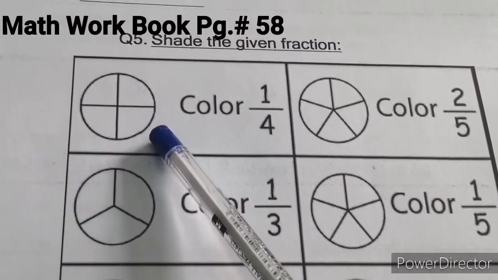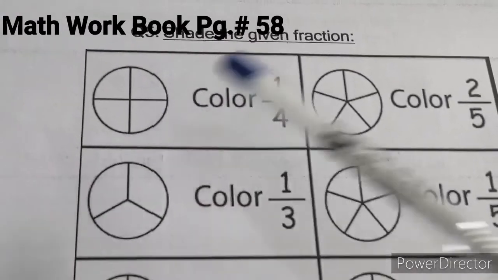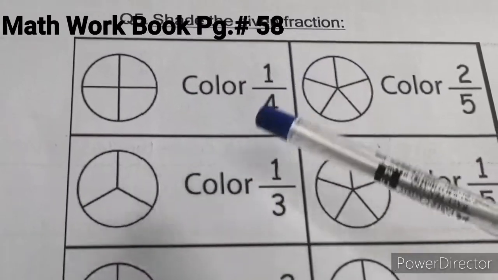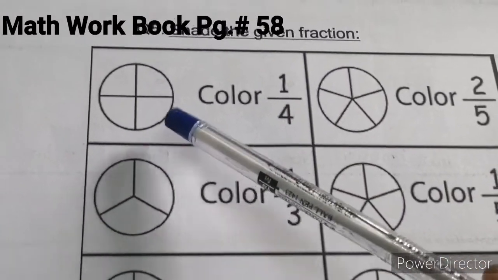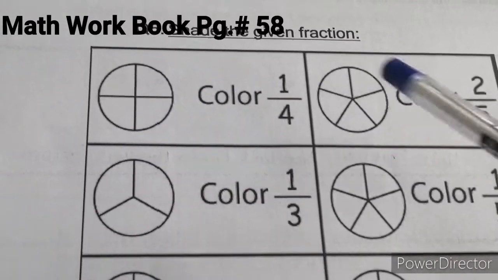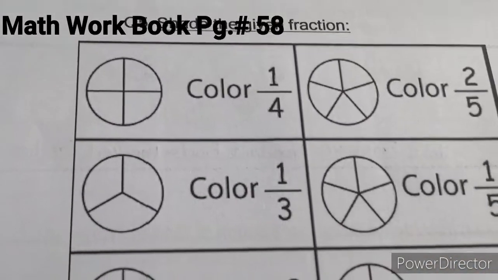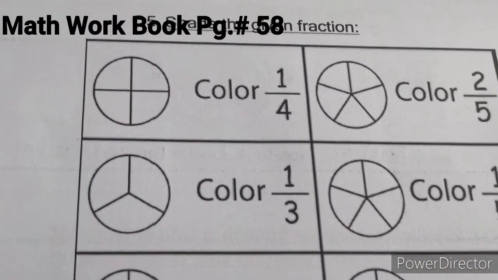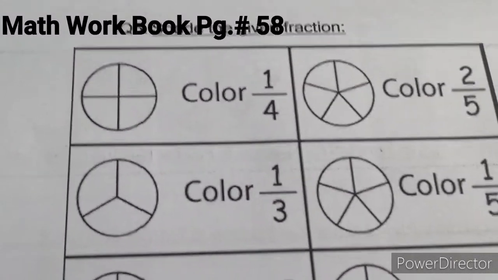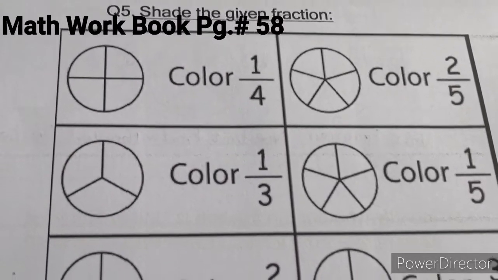But see this diagram, this circle, none of the portions are shaded. So we have to shade the circle so that the fraction is 1 by 4. That is the question. The opposite. Earlier they had shaded and we were writing the fraction. Now they have given us the fraction and we have to shade. So all of you take your color pencils out. Any color. You can use many colors and make this whole page colorful. For each fraction, you can use a different color.